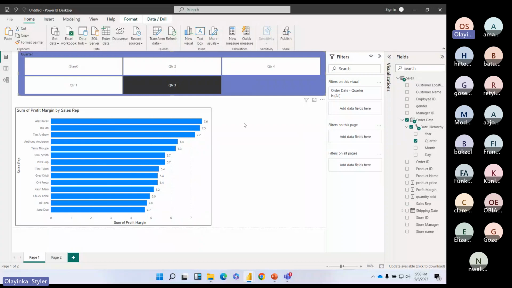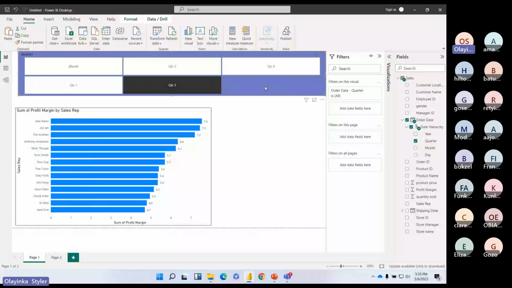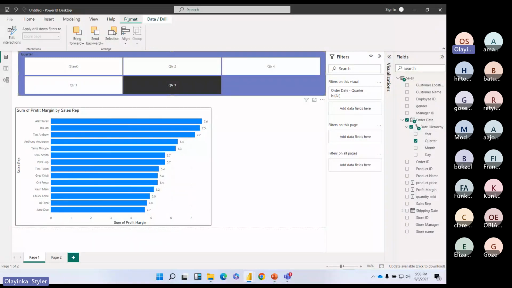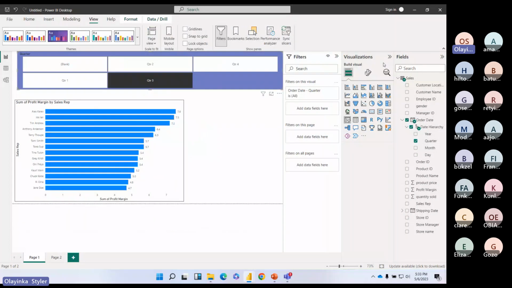So it's not every time that you sync your slicers. It depends on the use case and what you're using the report for. So what do you do when you want to sync your slicers? You select the slicer and then you go to format. You go to, okay, it's in view. You go to view. Actually, you can also do it from here, but let's just do it from view. From view, you can see all of these things, and then you can see these sync slicers. The moment you click